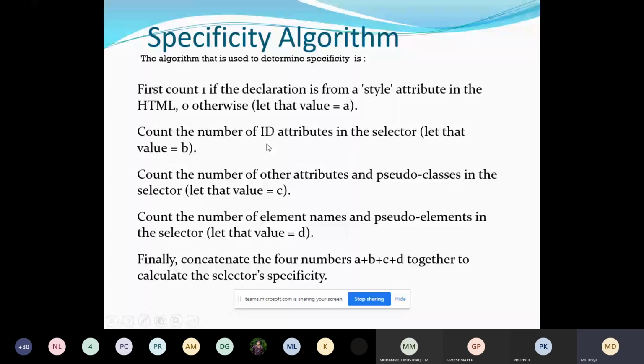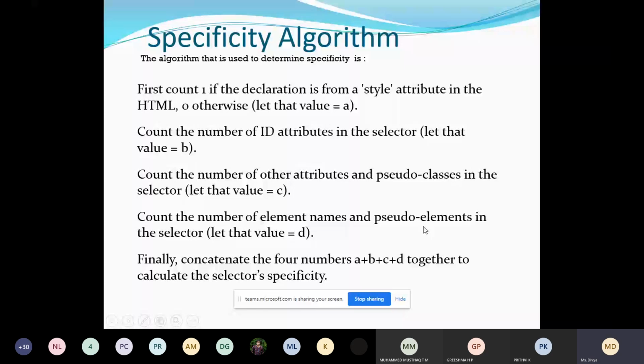Next one, ID selector. Count the number of ID selectors. Each should be given the value 100. Then count attribute and pseudo-class selectors; they will have 10 each. Then go for element selectors and pseudo-element selectors and give the value as 1 for each.